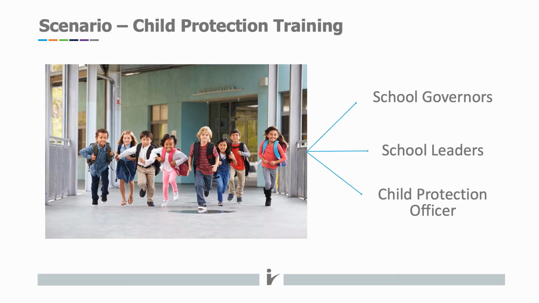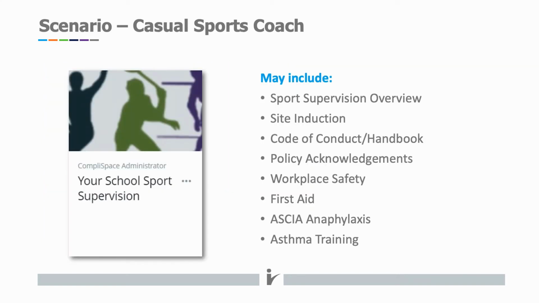And in the next slide, we can see that I've also taken a scenario, if you're wanting to look at it, and this is usually the way that I often look at the planning for a school, is to reverse that and take a role. And as in the scenario, you can take the sports coach here, which may be a casual sports coach in some schools, but might be employed sports coaches in other schools. And then list exactly what they need to be across to work with your students and at your sites.